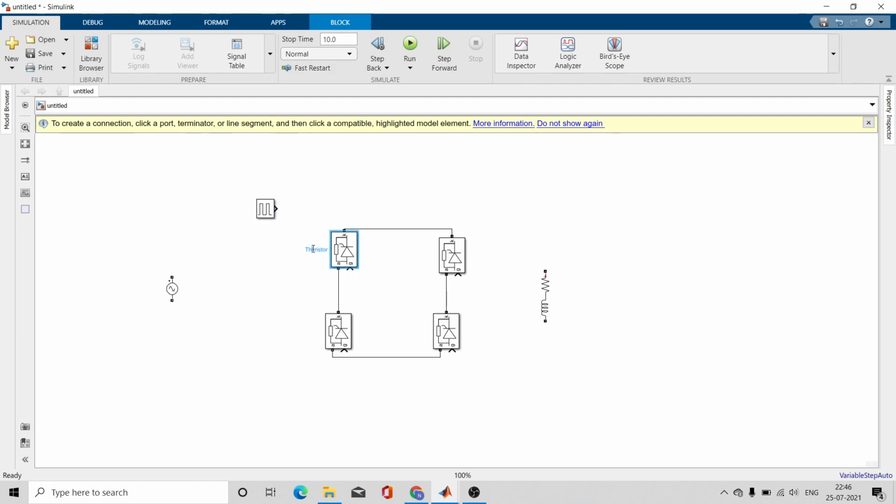You can give it a name also. You can call it as T1 and T3, because you know that at positive half cycle this thyristor and this thyristor will conduct, and you can give any name.